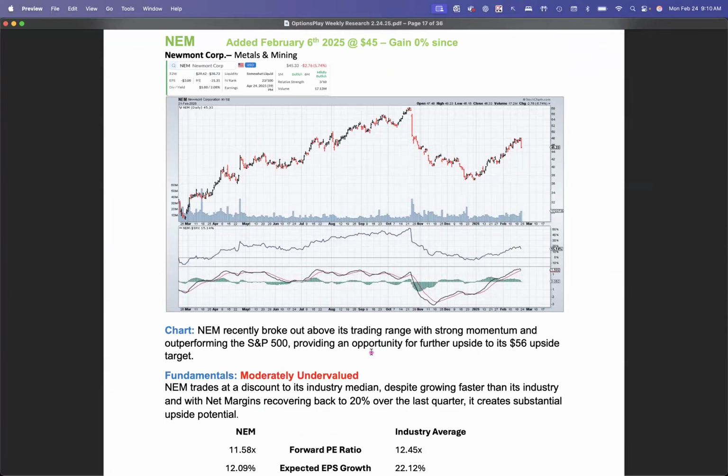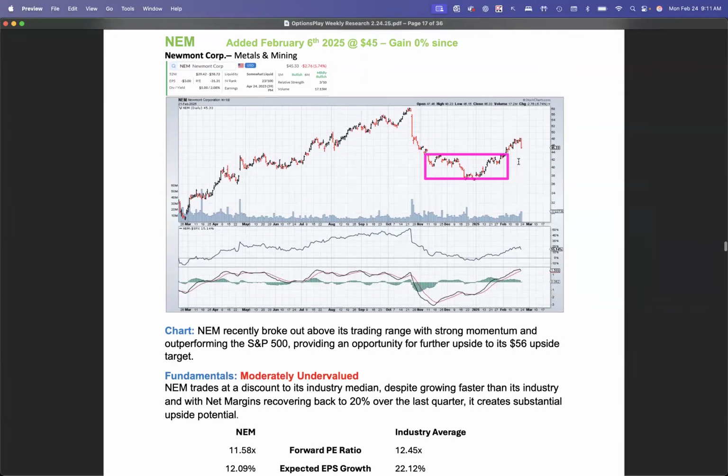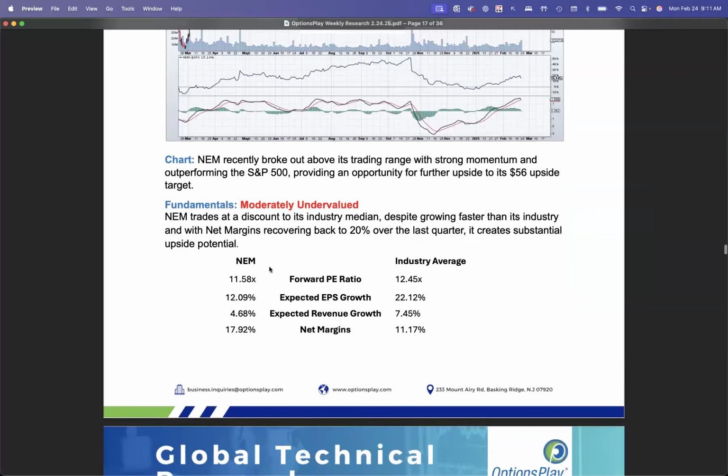If we look at Newmont Mining, this is effectively a gold trade, a leveraged gold trade. We've seen Newmont Mining pull back here, with regards to the chart, pulling back and then breaking out from that pullback. That's what we were basically trading, that breakout here from Newmont Mining above that $45 level to the upside. Note it trades at a discount relative to the industry,